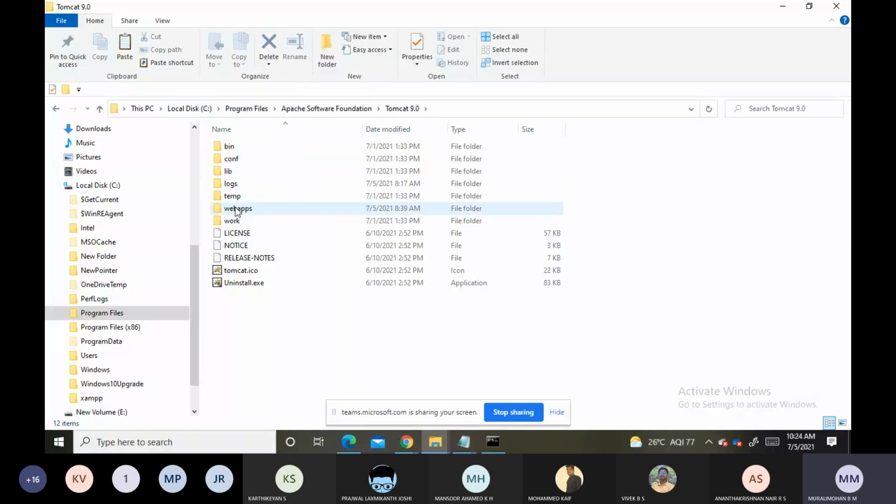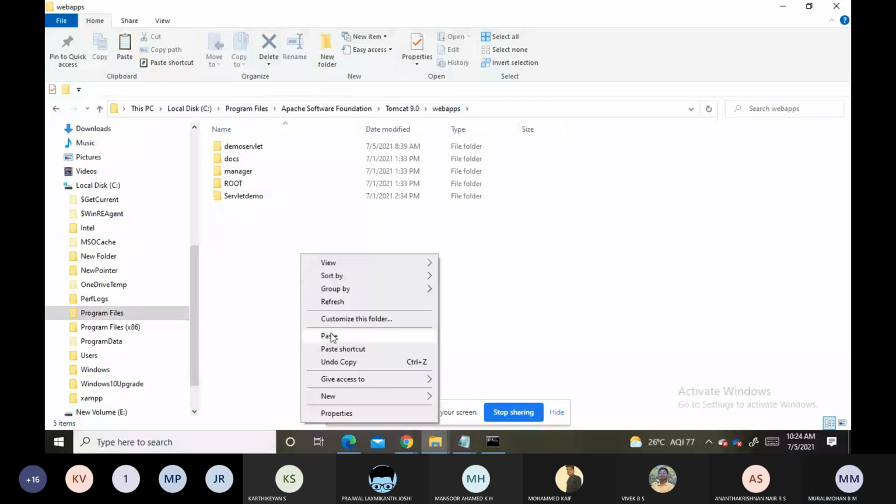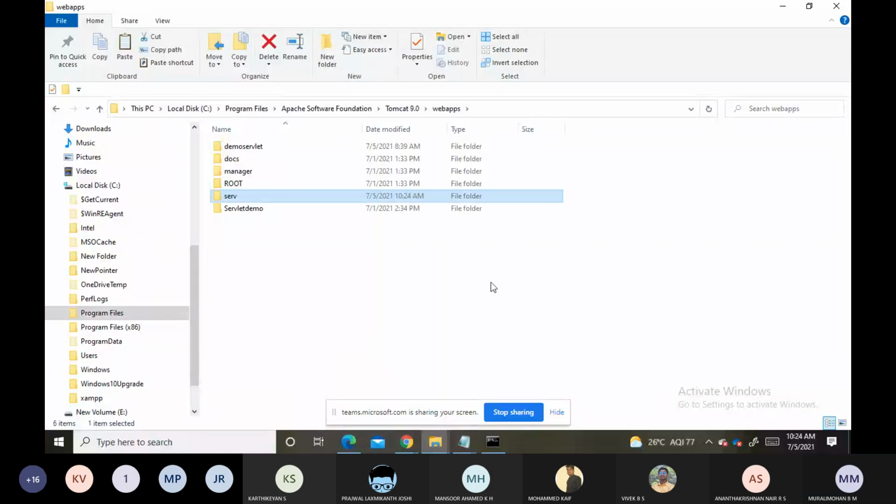Inside that, webapps. Kindly see the path: C drive, Program Files, Apache Software Foundation, Tomcat 9.0, webapps. Here you paste that particular folder. You can see we got the folder called serve here, which we placed inside the webapps.